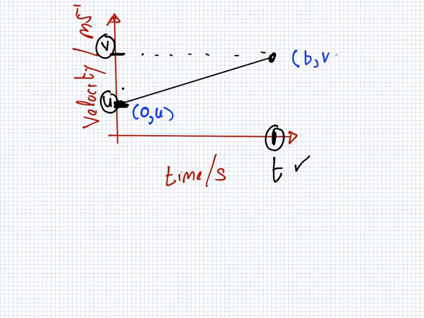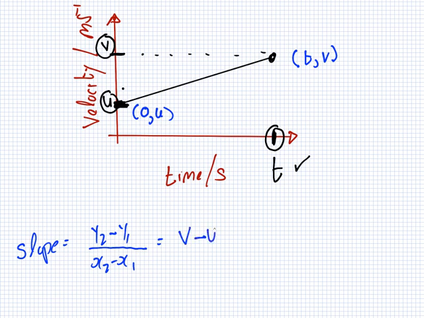T, V. And have you done the formula for the slope? Something over something. What is it? Y2 minus y1, over x2 minus x1. So in this example, it'd be what? V minus U over T minus 0. In other words, the change in the velocity over the time. So actually the slope